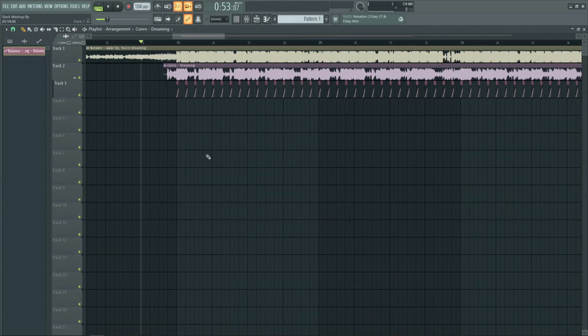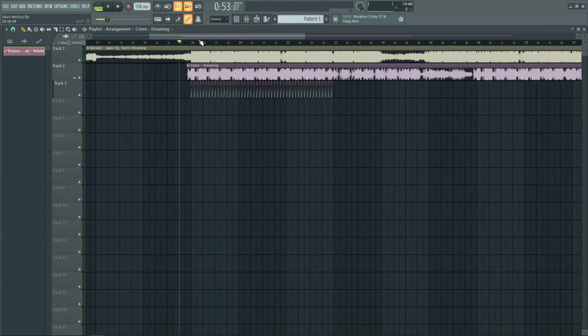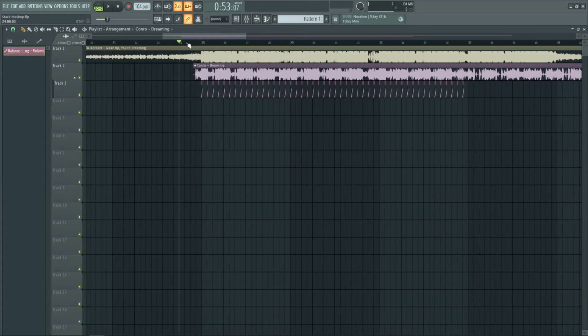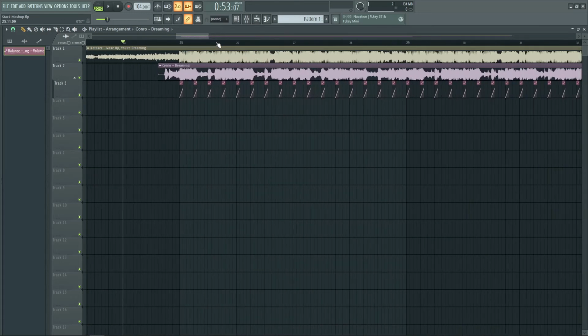You know, if you have two tracks with vocals that are singing different lyrics, you might not want to put those tracks on top of each other because it'll probably throw off the listener. Again, that's not really applicable at all here because Dreaming is the only track here with vocals, but it's something to keep in mind just as a general rule of thumb. Now when we go back to this mashup,